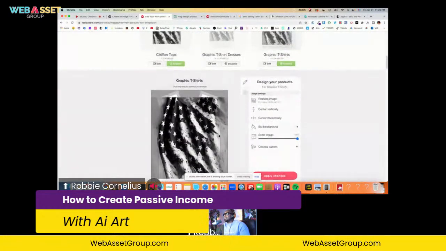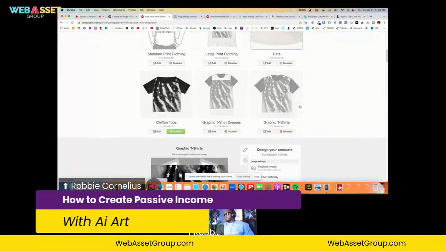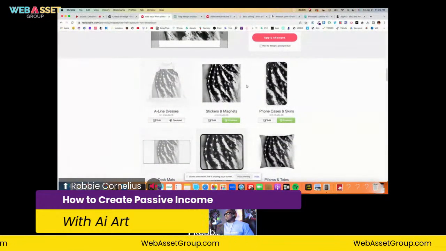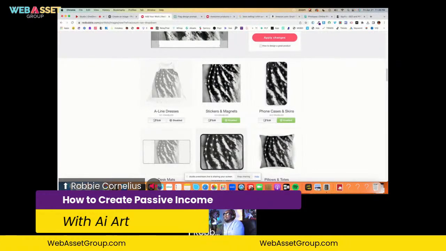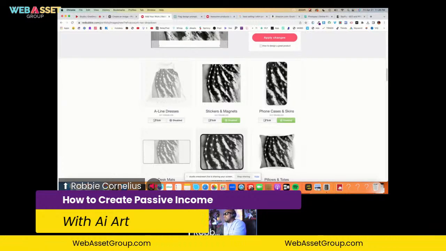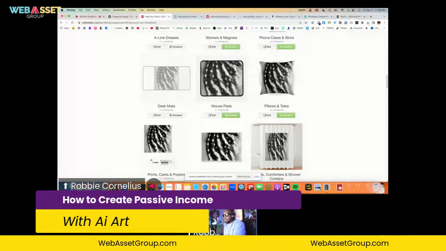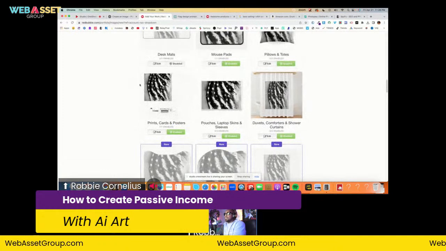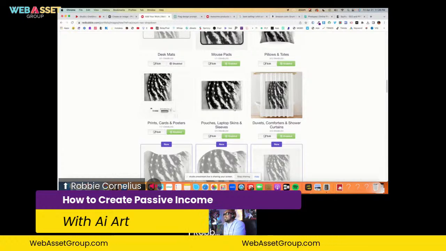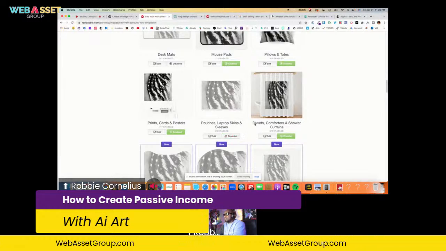Right here, as you see, it's going to miss the top portion of this t-shirt, and I don't want to alter it at all. So I'm just going to leave that alone. It's not on that. Okay, this is going to look good. So right here, it's going to go on a sticker and a magnet. That looks good. Look at how it looks on this phone case right here. I love the way it looks there. I also love the way it looks on this mouse pad and this pillowcase. I love that. Love the way it looks on this printed art, this print card and poster. It's a little too small for this laptop skin sleeve, so I'm going to disable that.